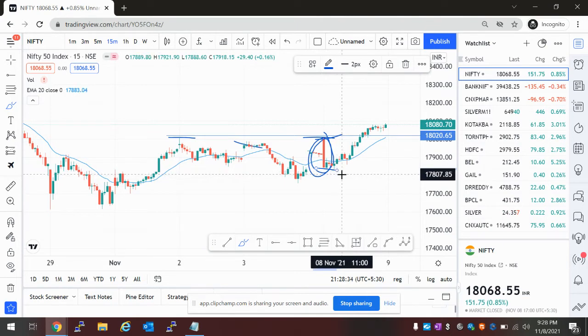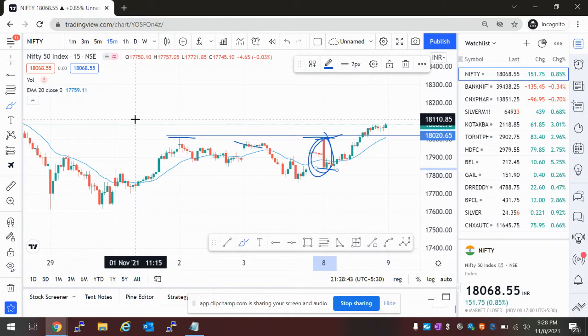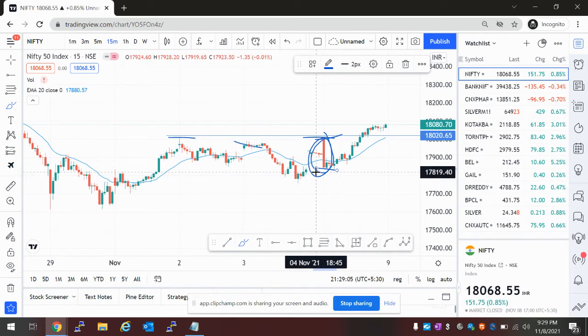Everyone watches the market for the first 15 minutes. Very few people can get a trade here. Never take a trade up to 9:20. Don't be in a hurry, because there is a long day to go up to 3:30. You can trade intraday. Never be in a hurry to make trades, because in a hurry you will not be able to make proper decisions. At 9:30 it was like 18,050.